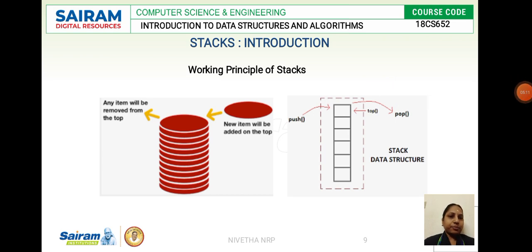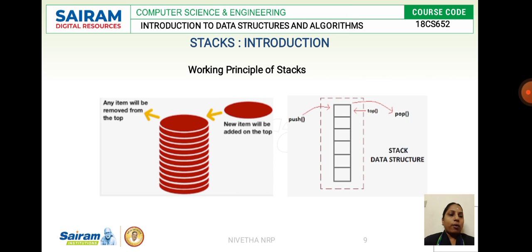of the stack. See, here we have a pile of plates. What happens when I want to remove a plate? I can remove only at the top of the arrangement of plates. So I'll be removing that, or when I want to insert, I'll be inserting above. I can include one more plate only above the plate at the top.